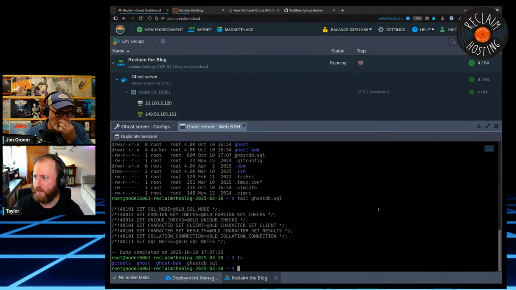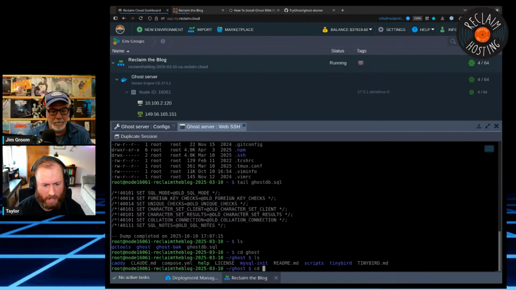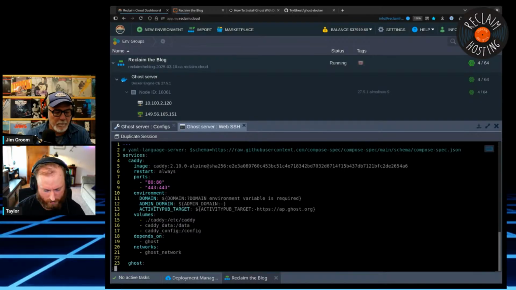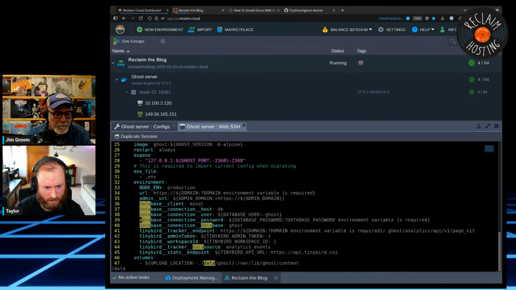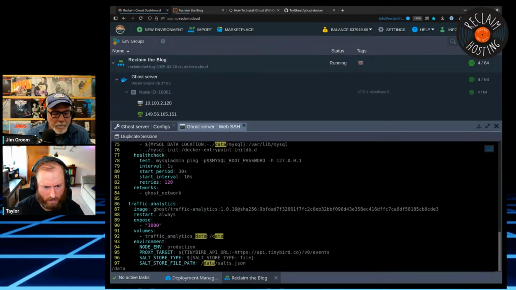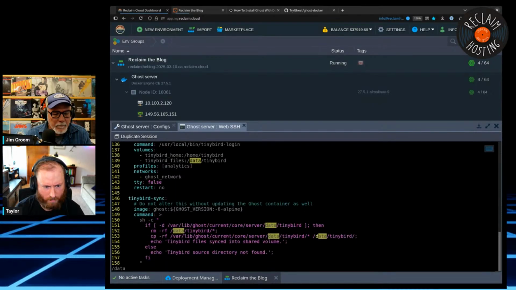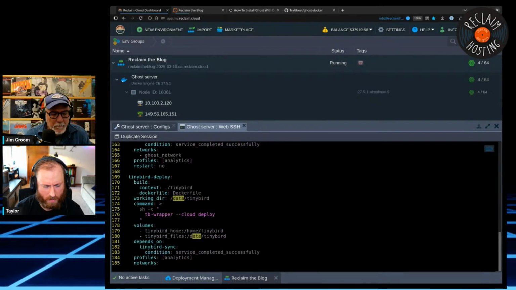So if I go into the new Ghost folder, and this one is going to keep things at data. The compose file says, I think it was, wow, there's a lot in here.